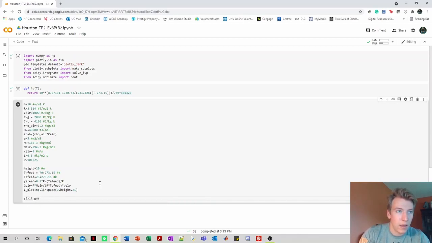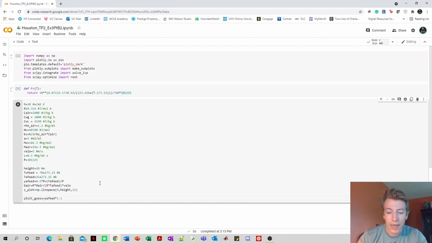So as I described it, that's going to be equal to YA feed, and then multiply by, now since we're doing an initial guess, we know that the exit is going to be greater than the feed entrance, so we can literally multiply this by anything. So I'm just going to multiply by 1.1